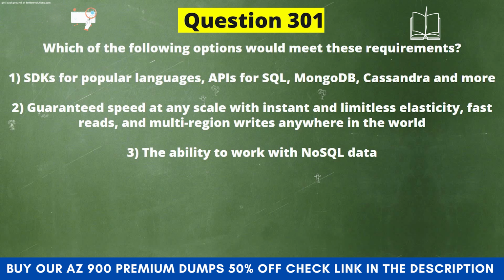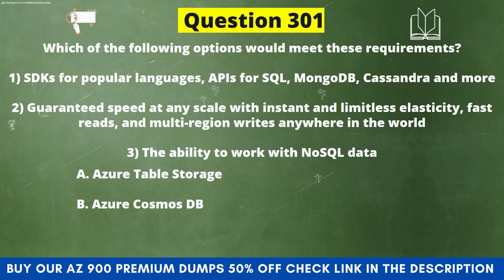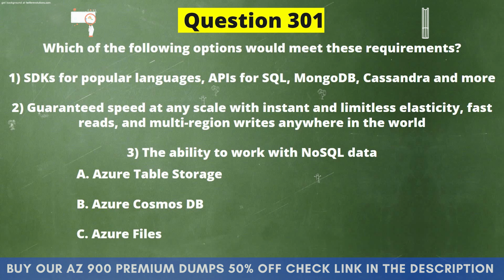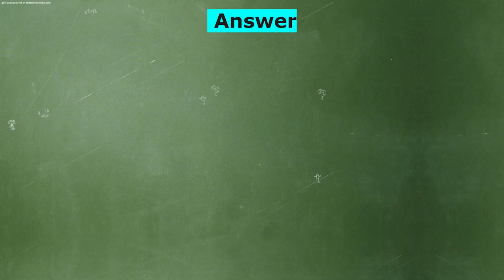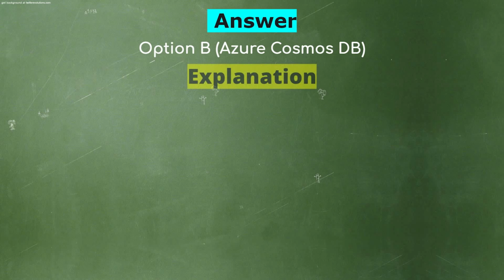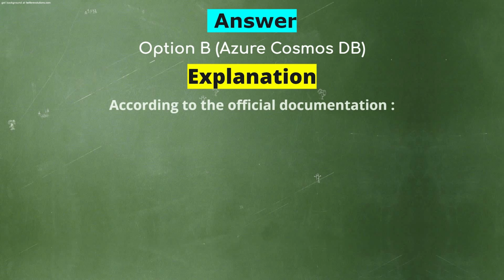The ability to work with NoSQL data. And the options are A. Azure Table Storage, B. Azure Cosmos DB, C. Azure Files, D. Azure Queues. And the correct answer is option B. Azure Cosmos DB. Explanation. According to the official documentation,